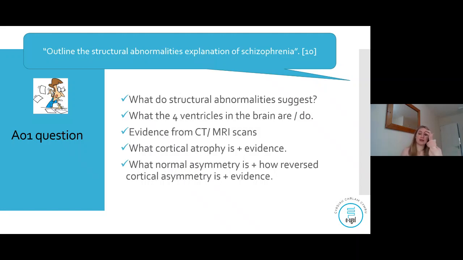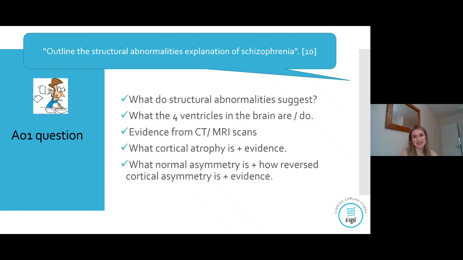What is cortical atrophy? Okay, it's a loss of neurons. The sulci in your brain get wider, okay? It impairs cognitive function. What are our cognitive functions? Memory, perception, cognition. It means that you can have it in the front of your brain, the back of your brain, or all over your cortex. What is the evidence of that? Okay, 33% in that sample showed signs of cortical atrophy. And then you move on to your third one, which is